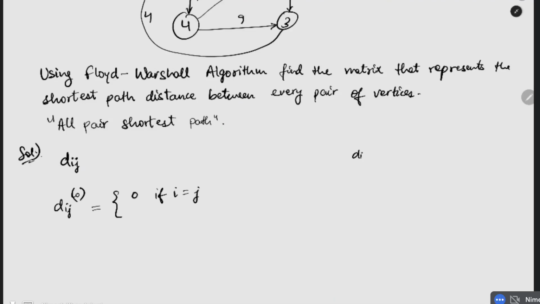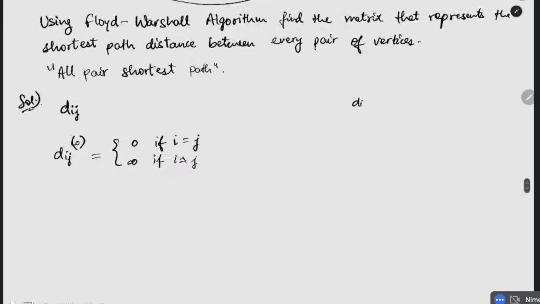We can just apply Dijkstra for each vertex, and we'll end up with essentially what we would end up with in the Floyd-Warshall algorithm. Okay, so we start with infinity if i is not equal to j,